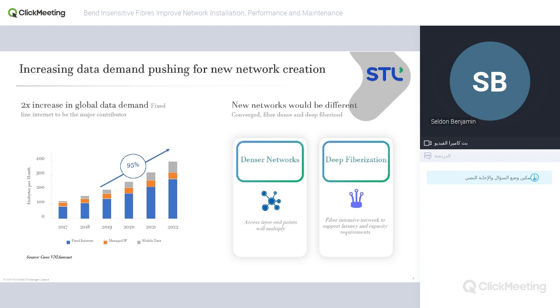So on the left here, it's slightly dated now because this has to be redone to factor in COVID. But even before that, there was a strong increase when you aggregate all this data together, just a huge amount of data that has to be moved around, basically doubling in the next few years. Add a COVID step change on top of that, and possibly an even stronger rate of increase, and